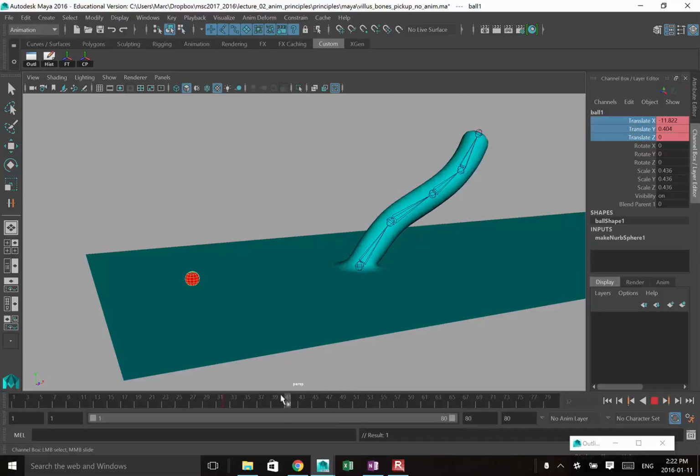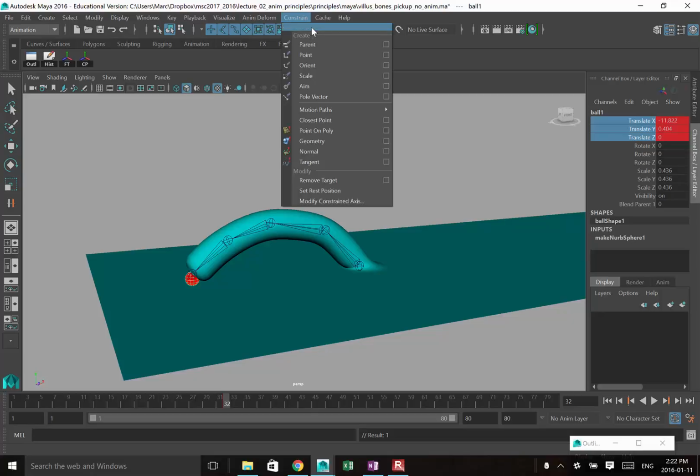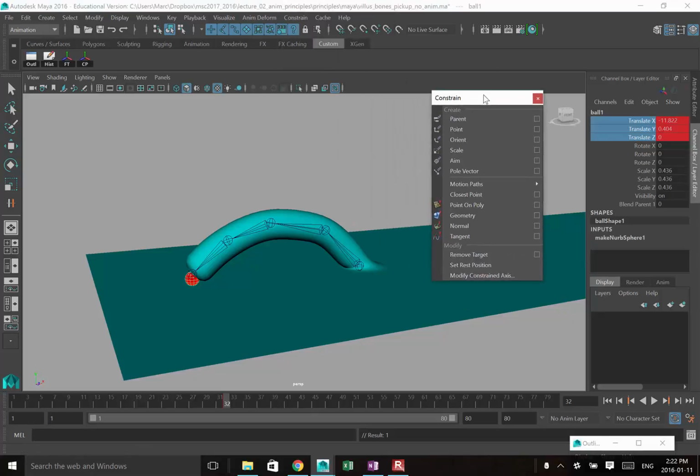And then we want it to follow the end joint. We're going to use this little end joint here for the ball to stick to. And so this introduces a new concept that you probably didn't do last term at all, but using constraints. So in the animation menu, there's a constrain menu set here, and I'm just going to tear it off so